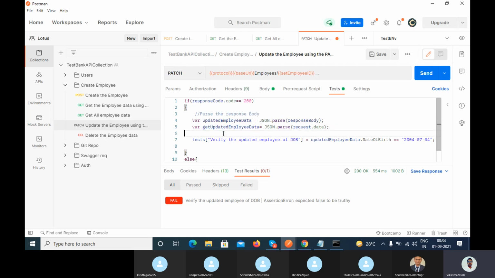So I can use, let me remove the get. So both variables are the same. It is the same because get updated response. Okay, can I use